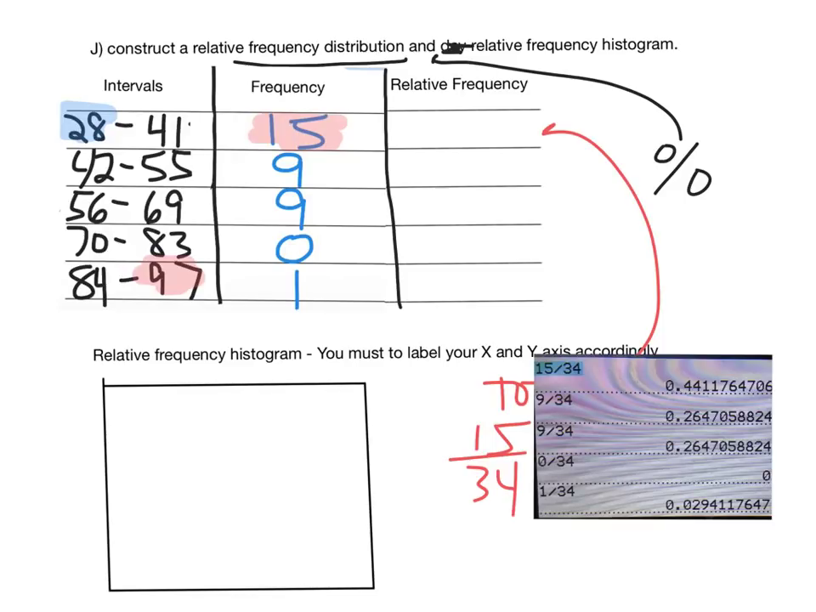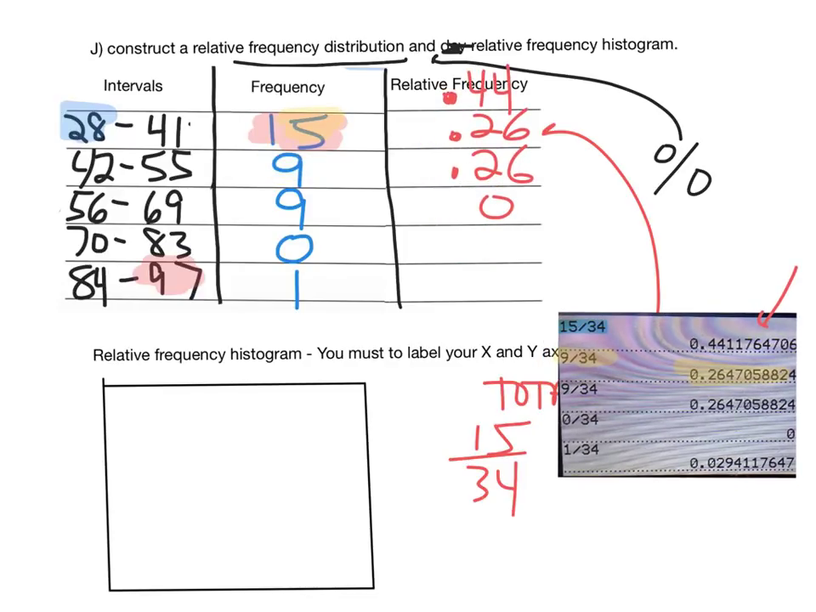So 15 over 34 as a decimal is going to be 0.44. So that means approximately 44% of the data is in the first interval. The second interval, its frequency is 9, so if I do 9 divided by 34, here I get 0.26. So that means approximately 26% of the data is in the second interval. So all you do to get your relative frequency column is you just divide each frequency by the total number